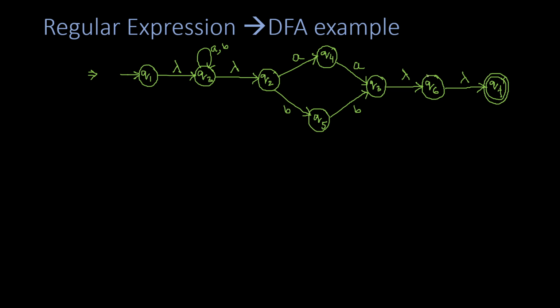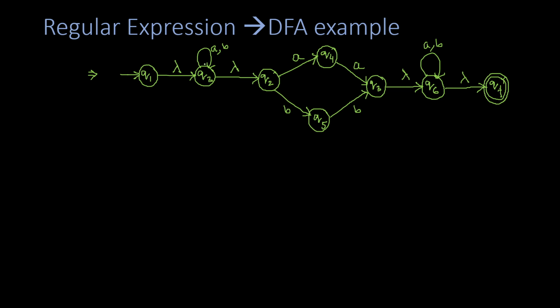But you see, I must have a self loop over here for two options, either A or B. Any combination is possible. So basically, in this particular step, we have broken down the whole expression into its smallest components. Now it's time to merge.